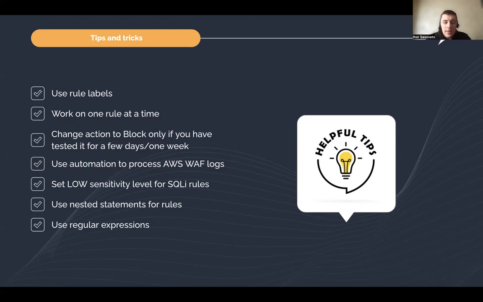Also, the default view of each rule allows you to have all statements only on one level, but at some point you will need to have more complex rules, and for this purpose you should use nested statements, because they will help you to add some required exceptions and cover all the use cases that can be for this rule, and as a result, reduce the level of possible false positives